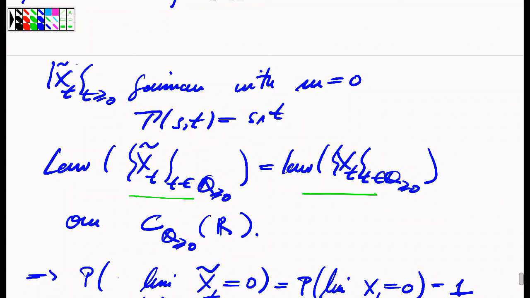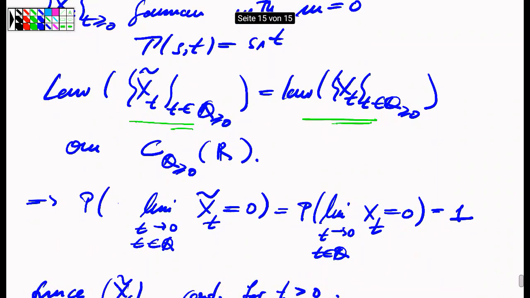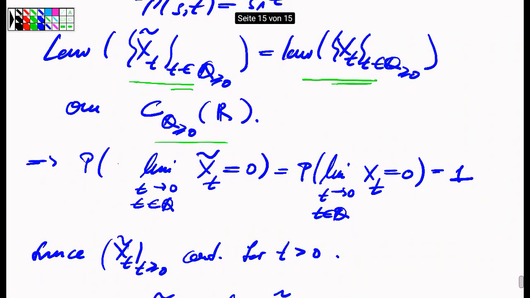And it has the same statistics as the initial Brownian motion, by the uniqueness of the law of a Gaussian process through the covariance function and expected value. So the law of these two processes, when restricted to rational times, is the same, and hence the probability